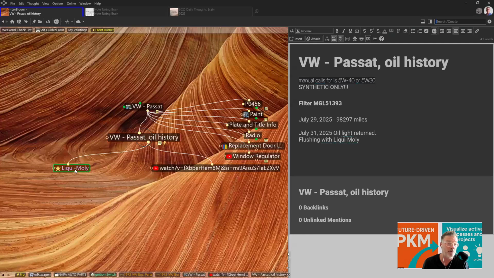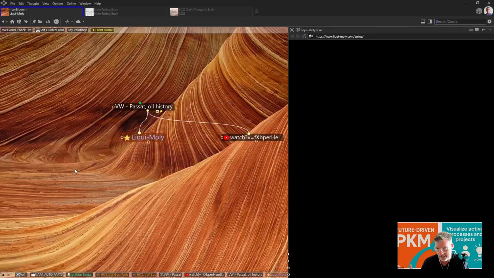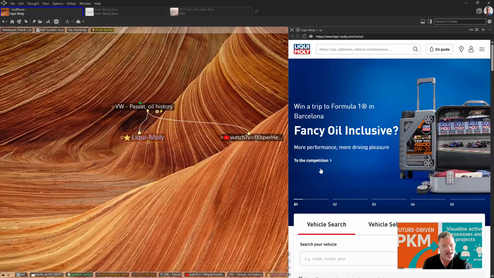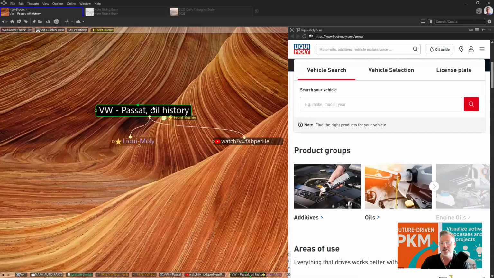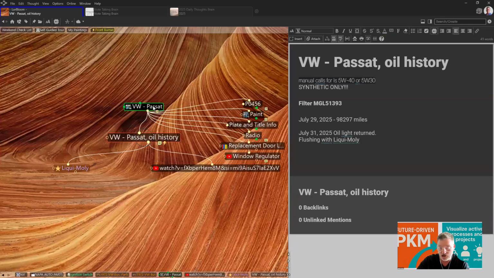We're treating it with a product called Liquimolly. I've got their website, and there it is, additives being used. So I can refer to their installation instructions or procedural process to make sure that I'm doing it right. And once again, at a later date, if I ever need to do it again, I'll learn from all this. I keep track of dates over in the notes.